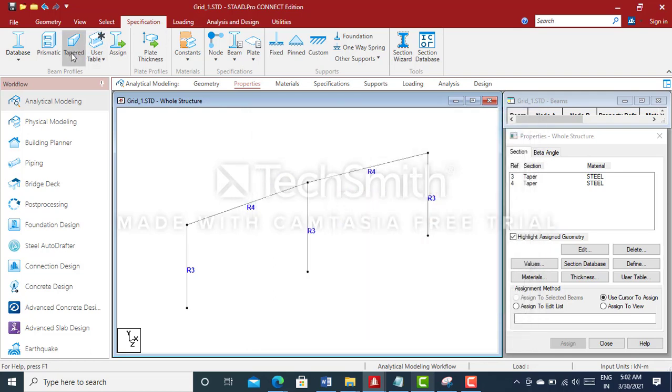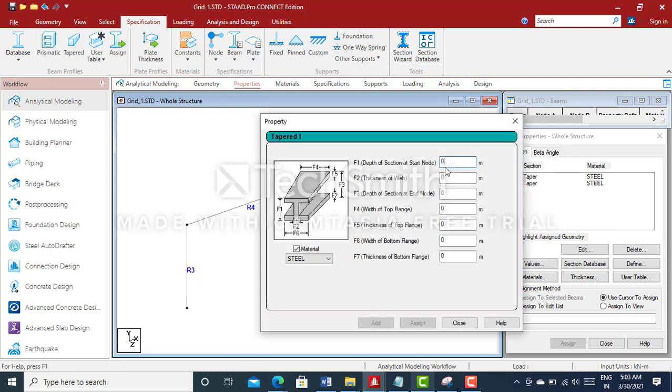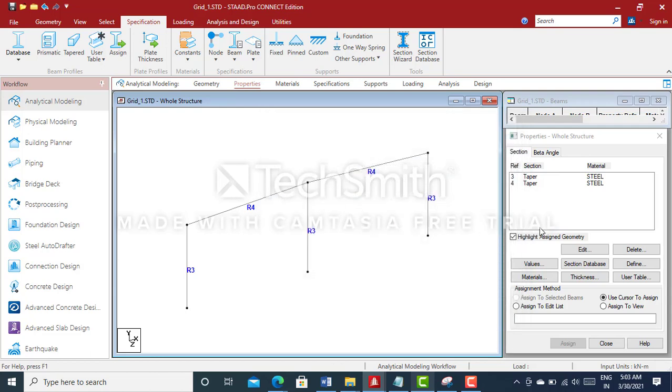The second method is we can click on this specification, and then we can also get it from the prismatic or the tapered members. In the tapered members we can give the dimensions for the particular steel structures, maybe thickness of the web, thickness of the flange, or the depth of the section. And generally we are using this third method, what we call a section database. From this we click on section database,